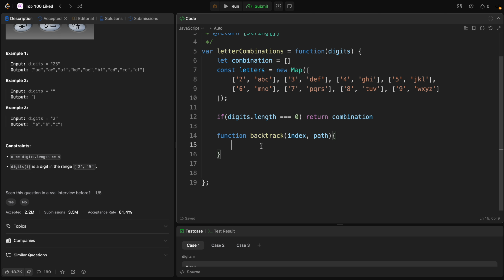So let's think about the base case. The base case should be if the current path length equals the digits length, because then we cannot continue. So I would say if path.length equals digits or phone digits.length